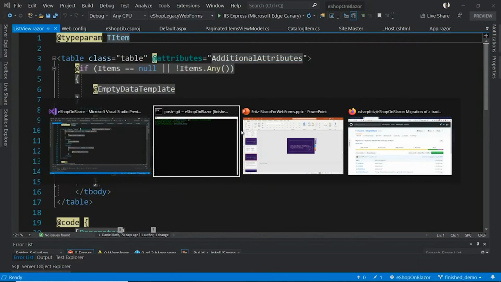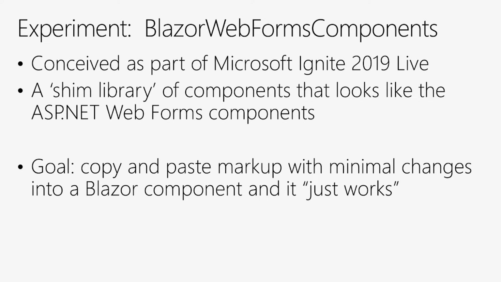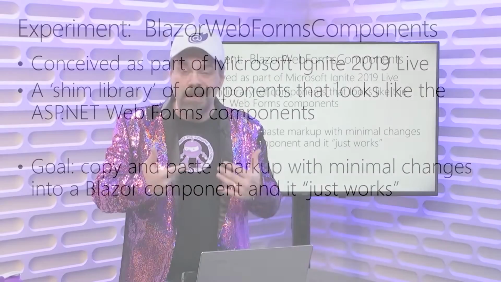So this idea that we've started talking about here is something that Dan Roth and I talked about on stage at Microsoft Ignite 2019, and it was the idea of Blazor Web Forms components. What if we took components in Blazor and made them look and feel and behave the same way as controls from web forms? So there might be something here to even further shorten that on-ramp if we have the same markup that we can copy and paste from web forms and get it working